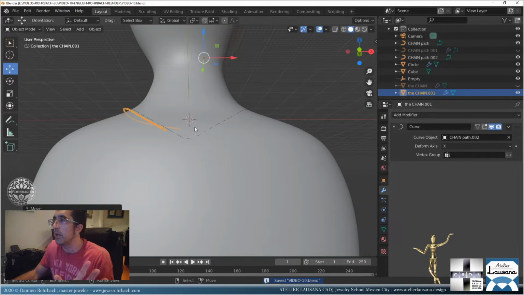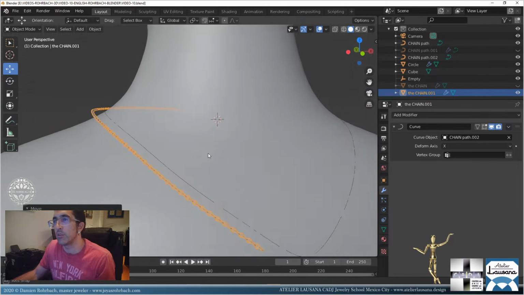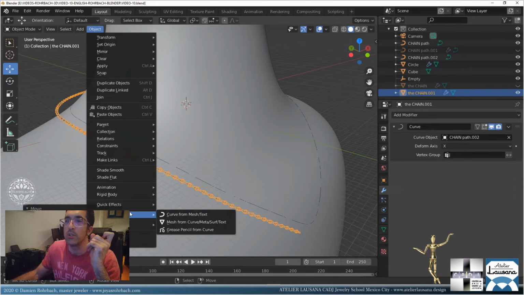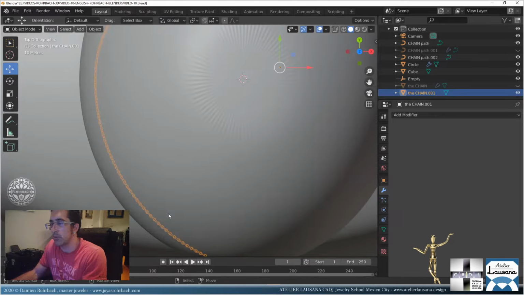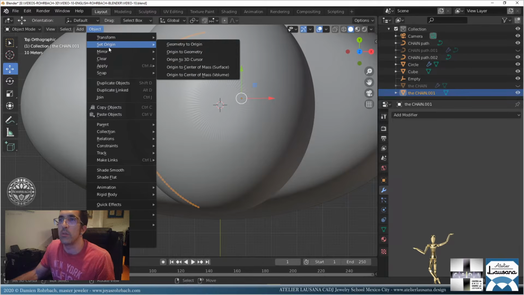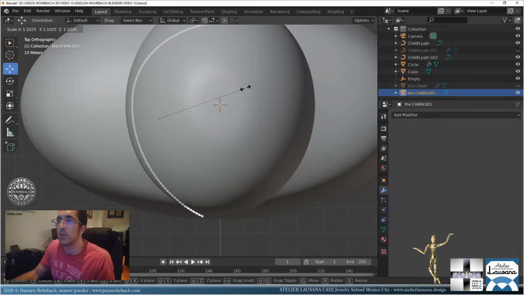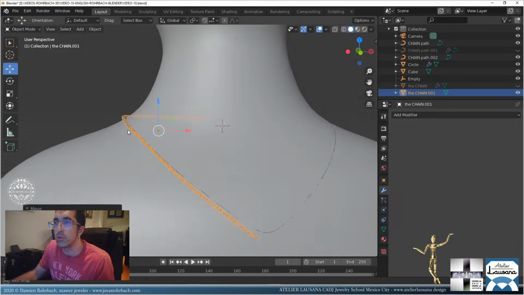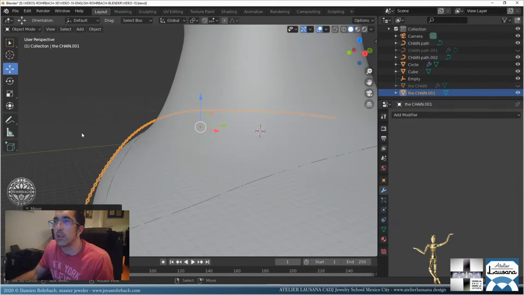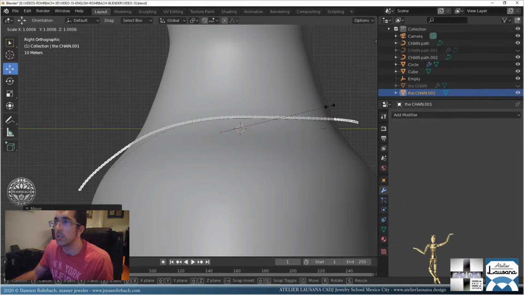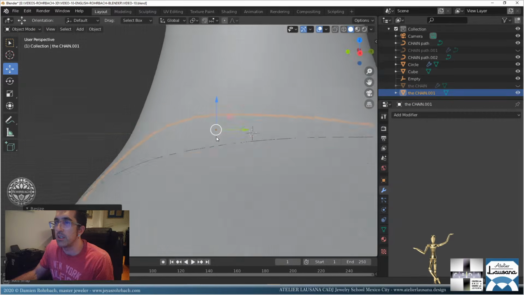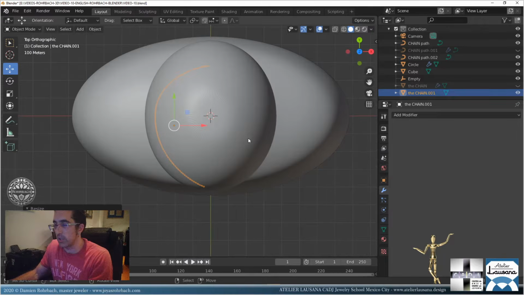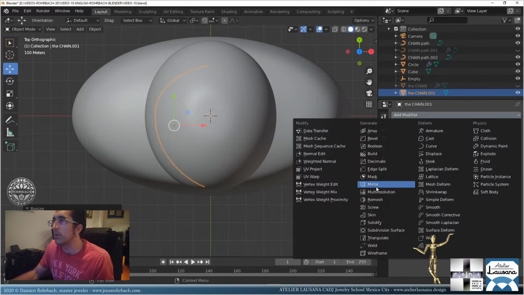Okay. Now I'm very happy because the chain is following the neck pretty nicely. And let's go to convert to mesh. Now let's make set origin to geometry. Let's make it bigger. Let's bring it closer to the neck. That's pretty nice. Obviously, transformation is compressing that. Okay. Now let's do a mirror